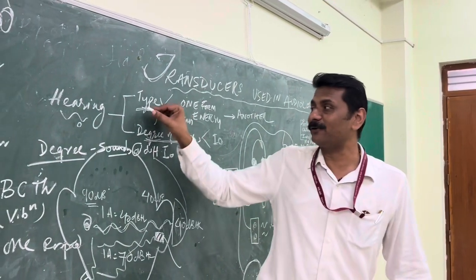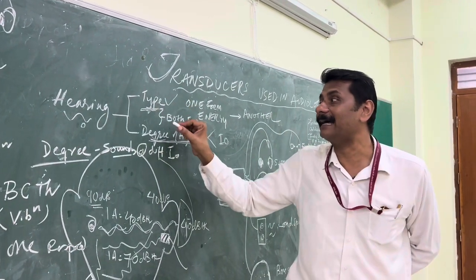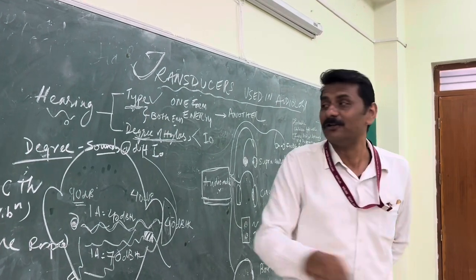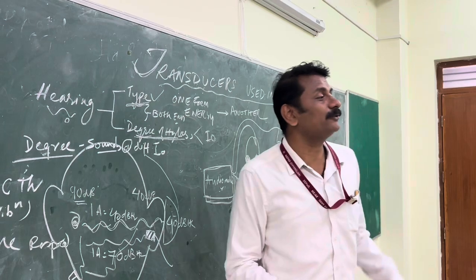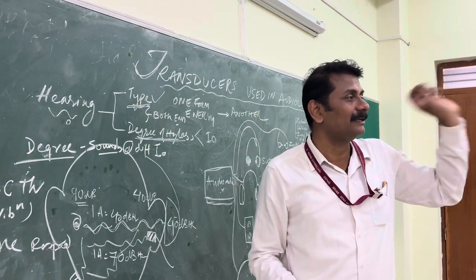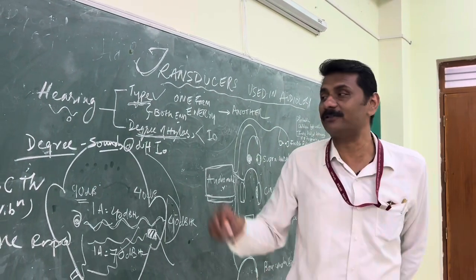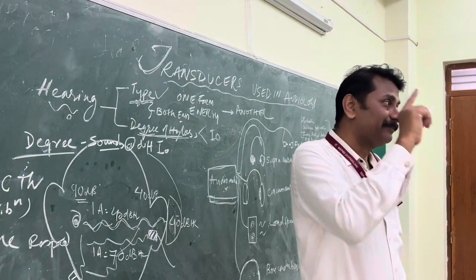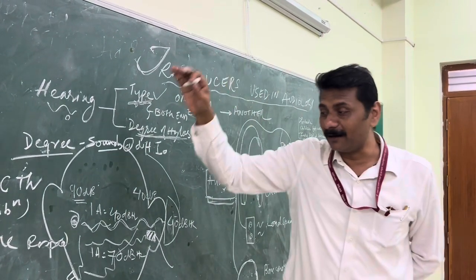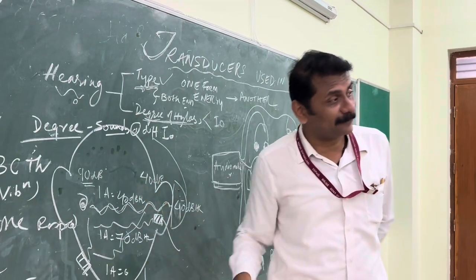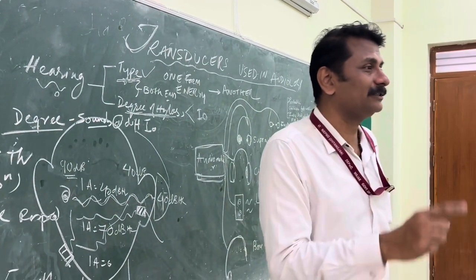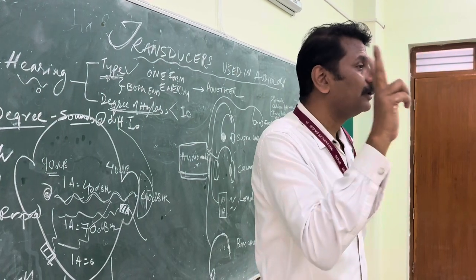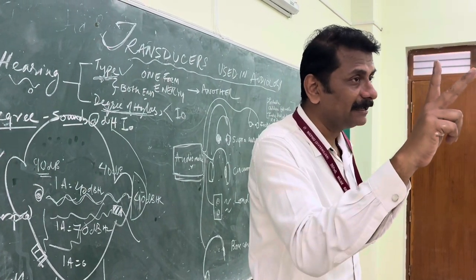The second part which an audiologist does is find the type of hearing loss. Type is conductive, mixed, sensory neural. Now, to find the type of hearing loss, we need to know the bone conduction, so the BC thresholds. For the BC thresholds, vibration is required. So we need to have a vibrator as well. So the types of transducers required in audiology are through air conduction and through bone conduction. That means through air conduction vibration and through bone conduction vibration.